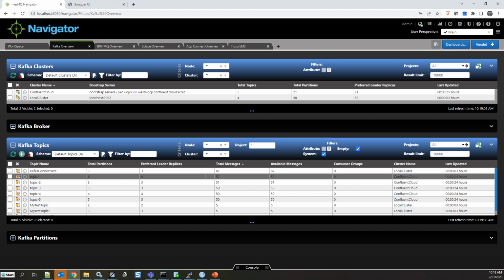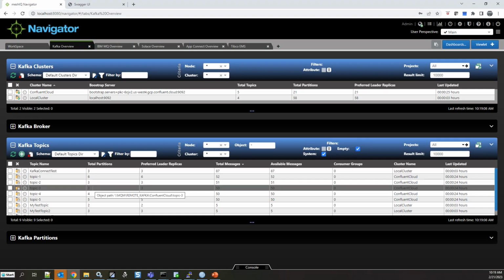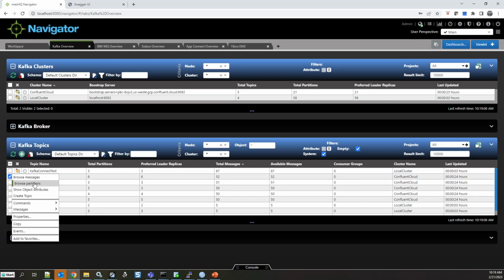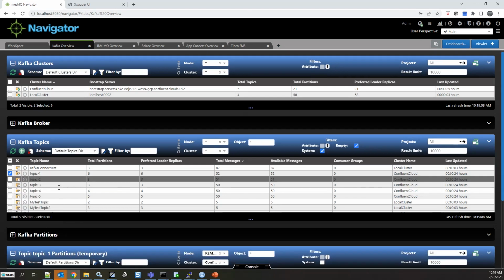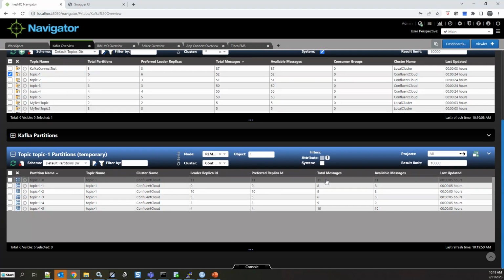This is just my own little private demo system. I will apologize, there's not a lot of data out here, but enough to at least give you the concepts. But again, you could sort by this. You can drill down into a specific area. For example, let's say that I wanted to see the partitions related to this particular topic and how it was divided. Now, this might be something that an application developer might want to do, to see if their messages are getting an even distribution across their partitions, right?